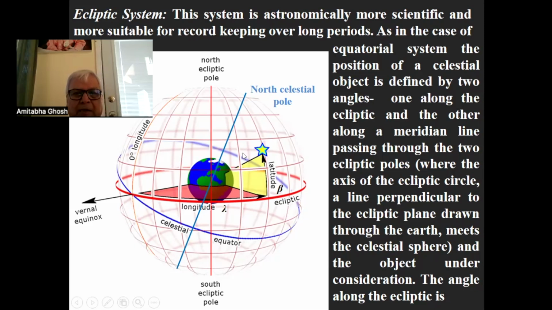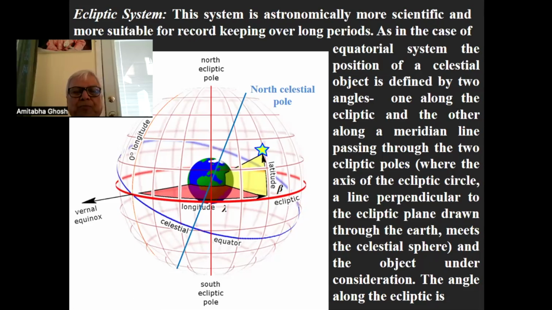So this is another system, and you can see that for many scientific purposes, like in astronomy, where we try to figure out how old a particular description is, this ecliptic system is more suitable, because we can find here the change in the longitude with time, because it is dependent on the precession of the equinox. So this